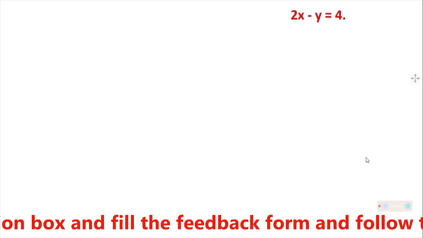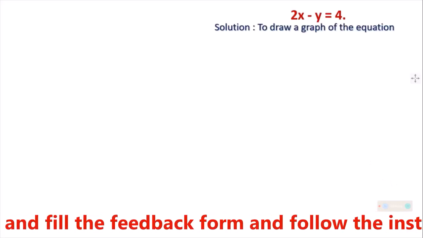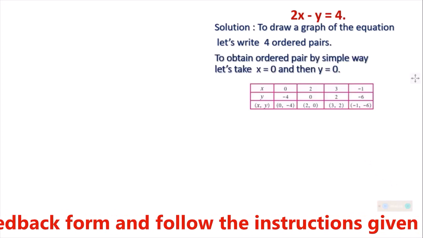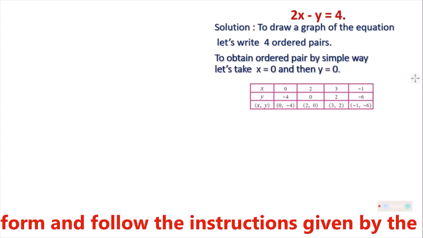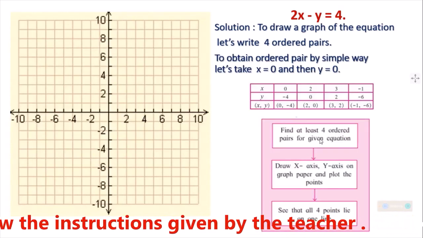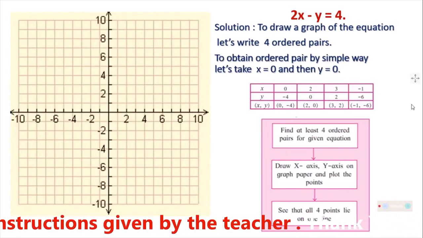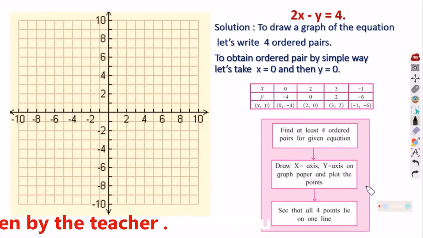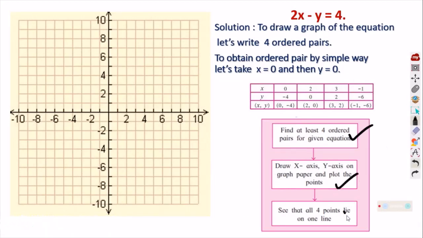Before going ahead, let me once again show you what actually the steps were. Linear equation, and we have to make a graph, and we have to make ordered pairs, and we have to assume the data for x and y, and we made 4 ordered pairs. Then we took the graph, then this is what I want to tell you. Then we have followed all these steps in order to make a correct, perfect graph of a linear equation in one variable. These are the steps, and 4 points are marked, and we got a line graph.